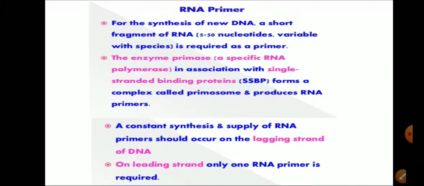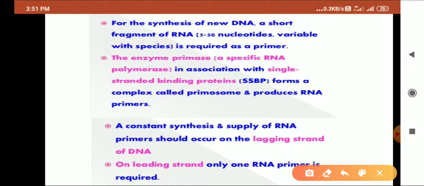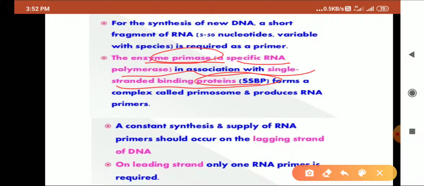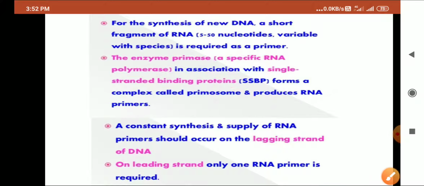RNA primer. For the synthesis of the new DNA, a short polynucleotide sequence or a short fragment of RNA nucleotides, variable with the species, is required as a primer, that is termed as an RNA primer. And the enzyme primase, a specific RNA polymerase, in association with the single-stranded binding proteins, that is termed as SSB proteins, they form a complex known as primosome that produces RNA primers. So here we have the RNA primers that initiate